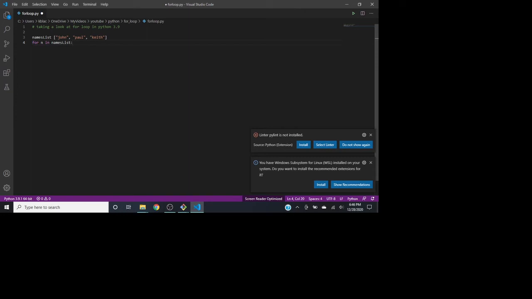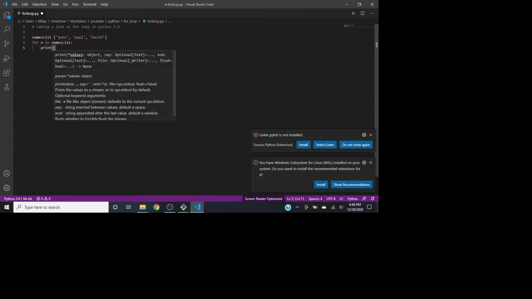Okay, so we come to the end of this line, we press enter, and it indents us 4 spaces. So anything that we put here now will be run for each name in this list. So what we want to do is print, left parenthesis, and then just n, which is the variable we stored,